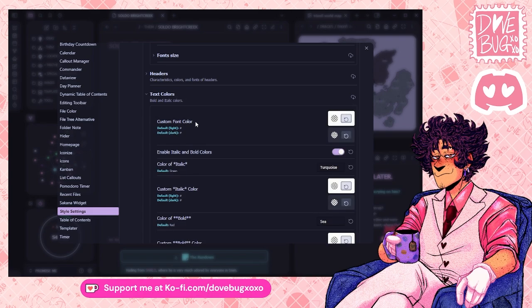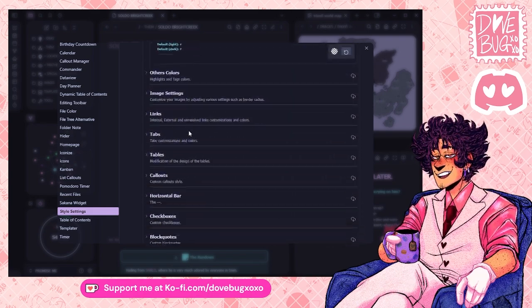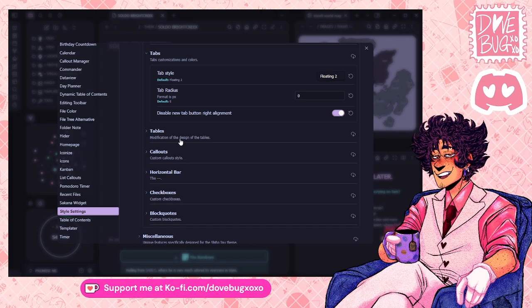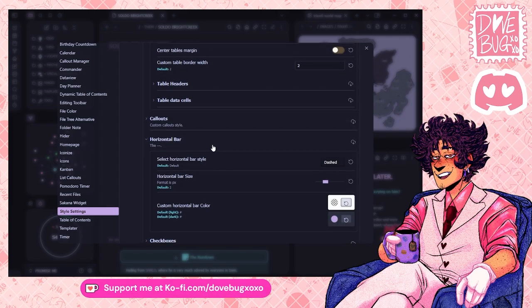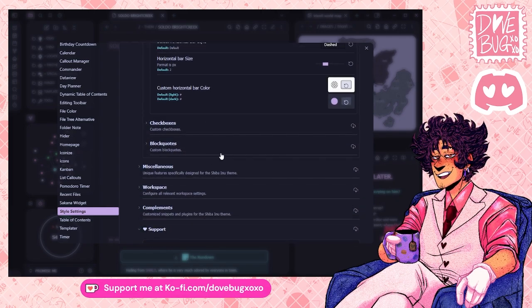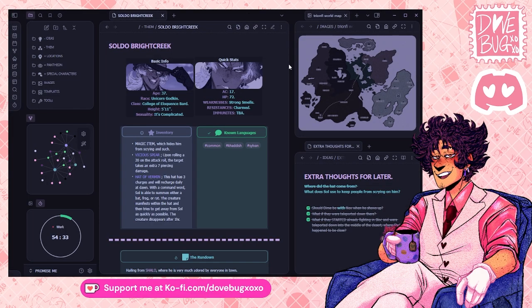Fonts, headers, text, tabs, tables, you name it, it's in here, and you can customize all of it, and it takes a long time. And if you want to procrastinate on your webcomic, this is a fantastic way to do it. But also, it's a great way to zero in and really focus as well.